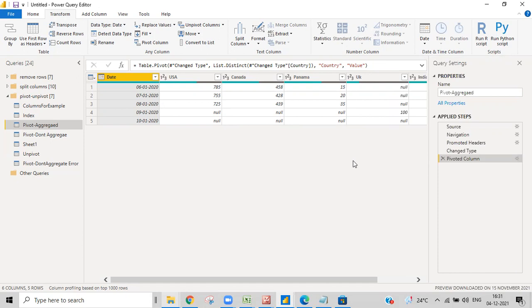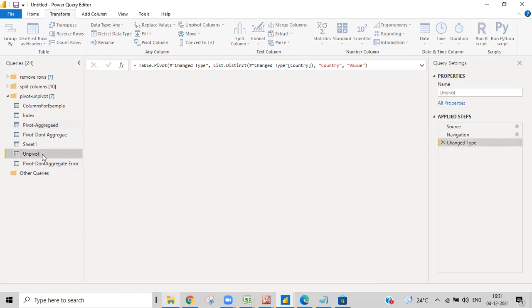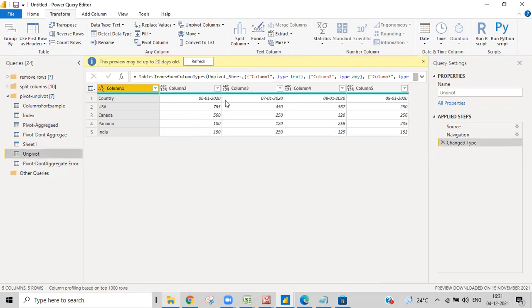Okay, that's fine. This is what exactly pivot is. It will be used in these kinds of scenarios, which we will face regularly. And then don't aggregate we have also done, and then unpivot. This is the concept that we need to understand, what exactly it is and how we need it. I'll explain once I do it.